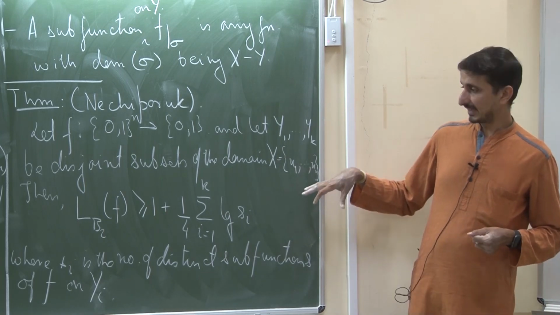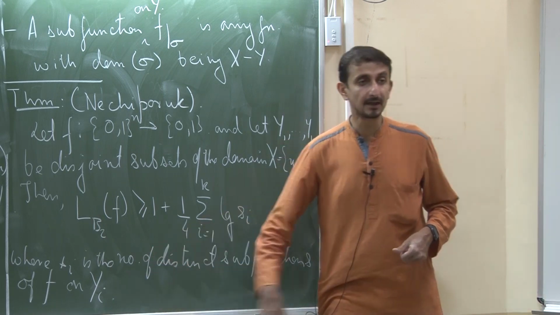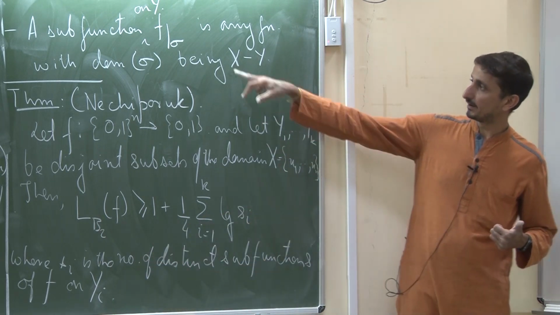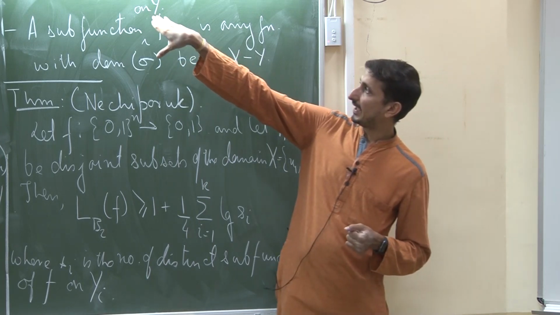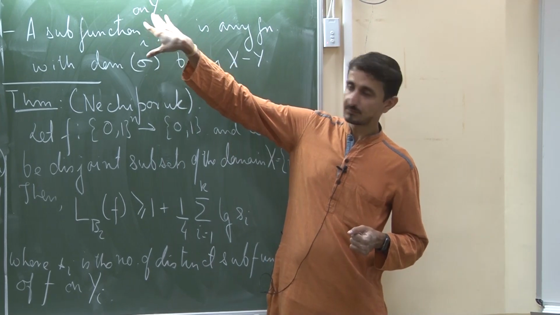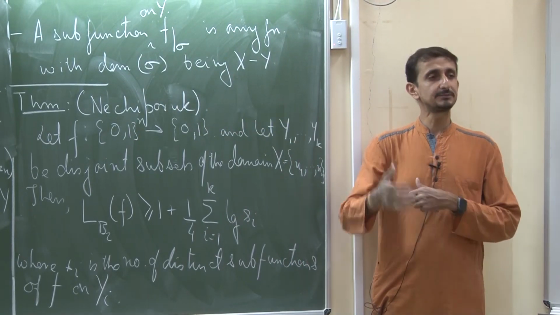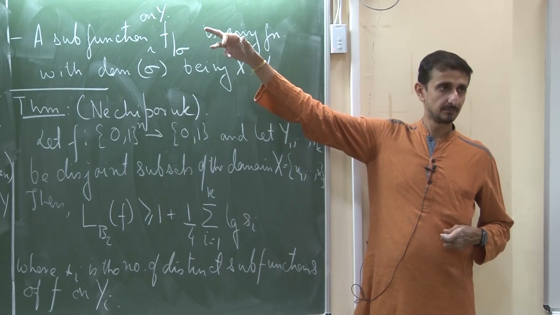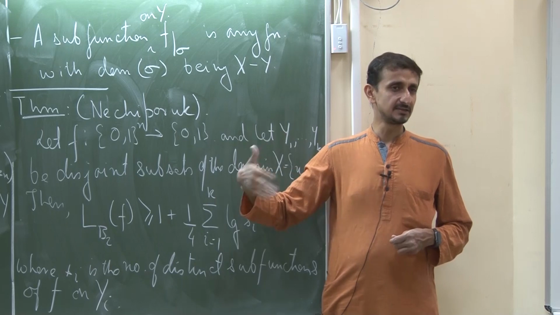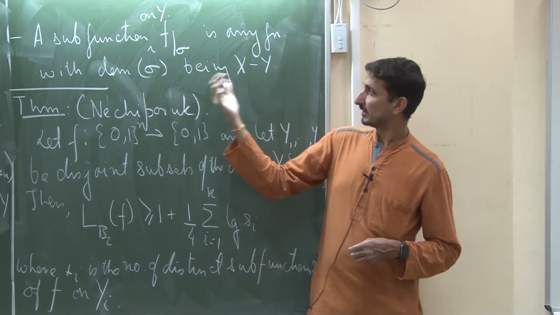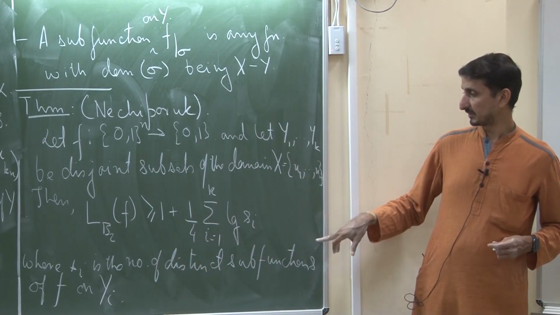Now, let Si be the number of distinct subfunctions. Here I define what a subfunction is. On a subset y, a subfunction is basically any restriction. I can have many types of restrictions on the same subset, depending on how I fix sigma. So for various different sigmas, I will have various different subfunctions, and Si is the total number of distinct subfunctions